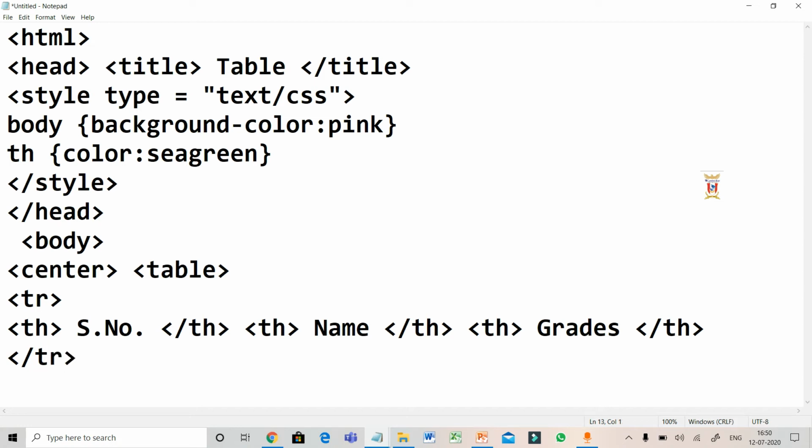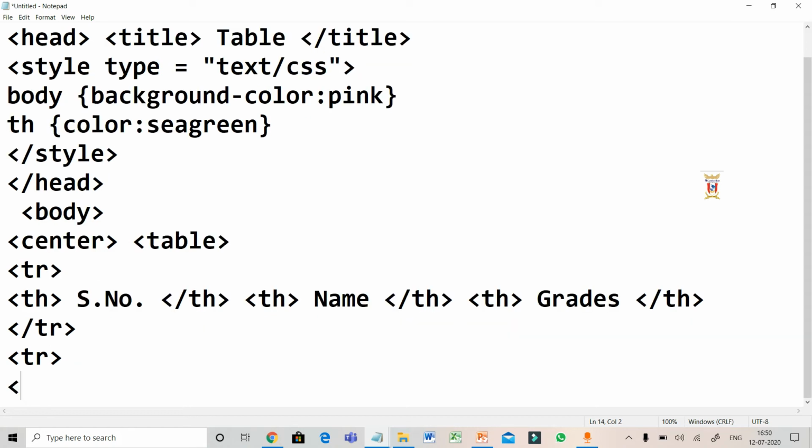Now let's move to the second row. Again, write tr. Now as we are done with the th tag, that is, the headings are done, we have to fill the data, so we will be using the td tag. First I have to give the serial number. My serial number is 1, closing the td tag. Then I have written name, so I have to give some name.